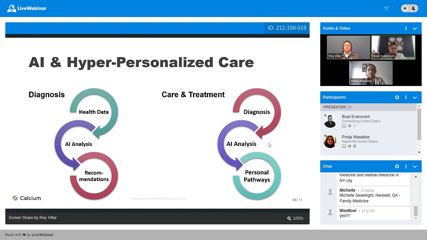It would enable providers to develop personalized treatment plans tailored for individual patients, right? Individualized care, patient-driven care versus schedule-driven care or reactive care. And that allows the care team to really maximize efficiencies and minimize potential side effects in some cases. I think we can hop to the next slide.